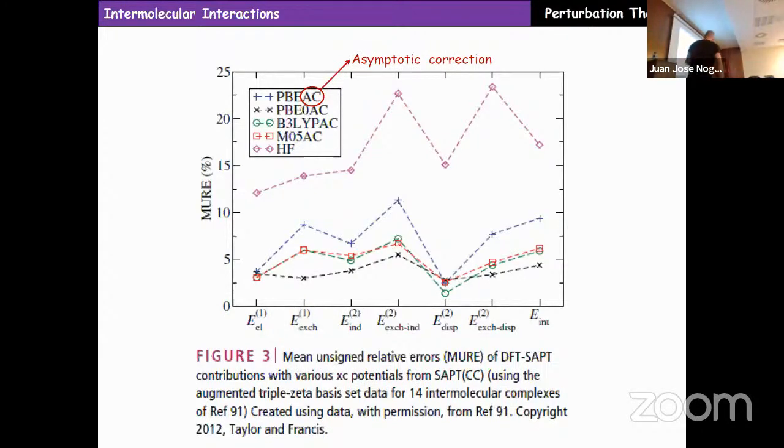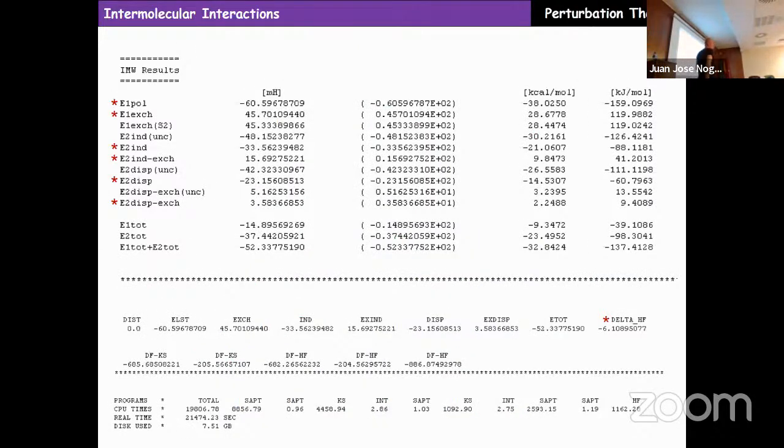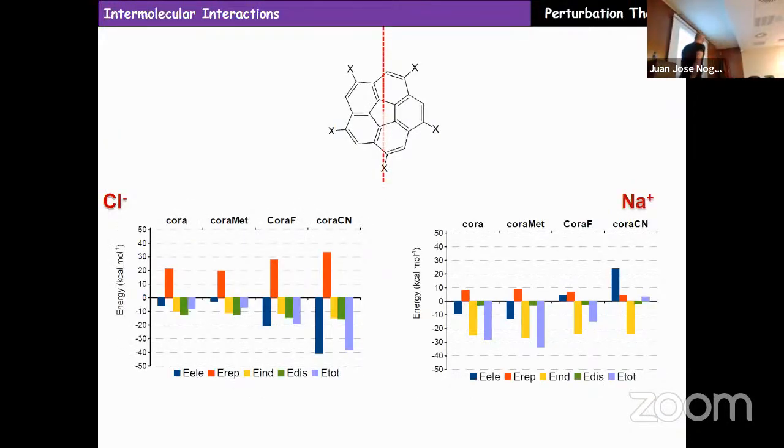Well, this is an example of an output from the SAPT program. You have it implemented at least in MolPro, and then you have the SAPT program developed by the SAPT developers. Okay, and this is an output file. And you can see that you have many terms here. And well, this is a comparison also of the results obtained using SAPT-DFT for the interaction of chlorine and sodium with